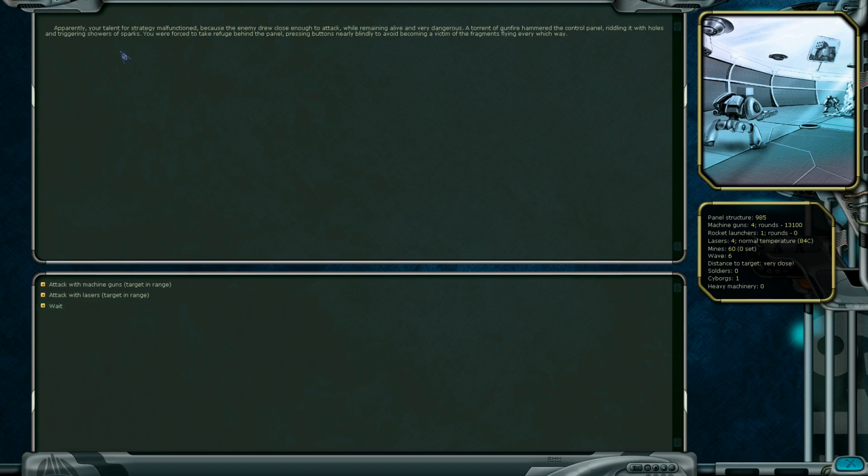Apparently your talent for strategy malfunctioned because the enemy drew close enough to attack while remaining alive and very dangerous. A torrent of gunfire hammered the control panel, riddling it with holes and triggering showers of sparks. You were forced to take refuge behind the panel, pressing buttons and nearly blinded to avoid becoming a victim of